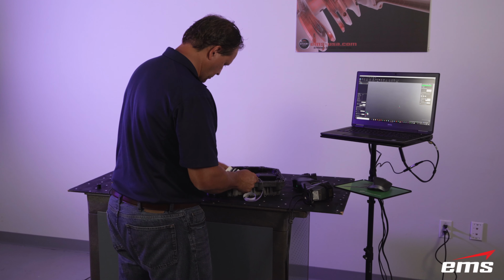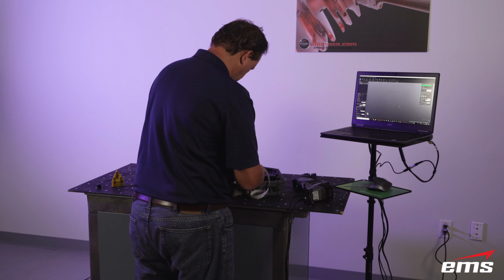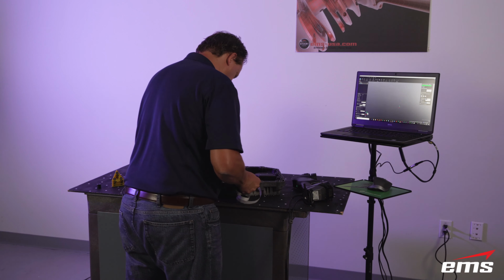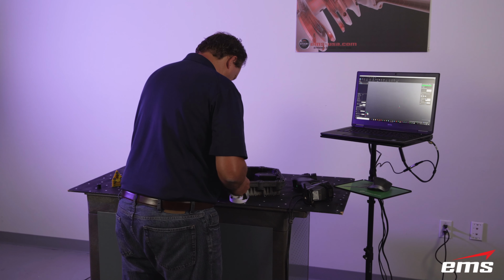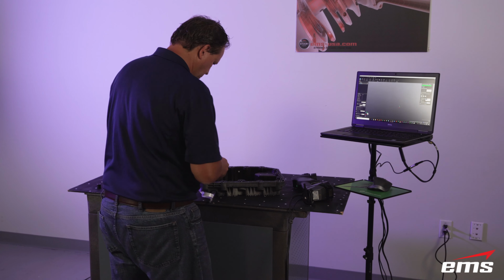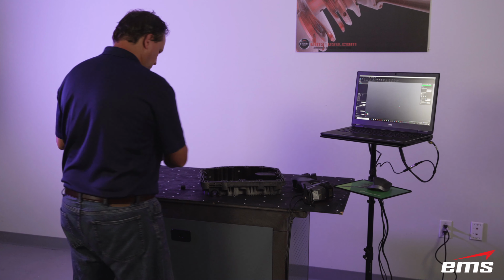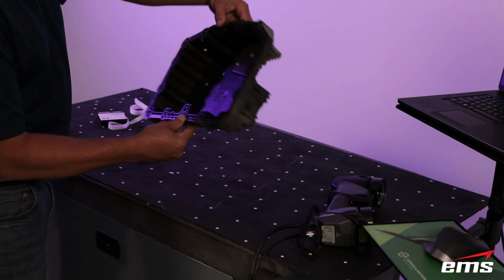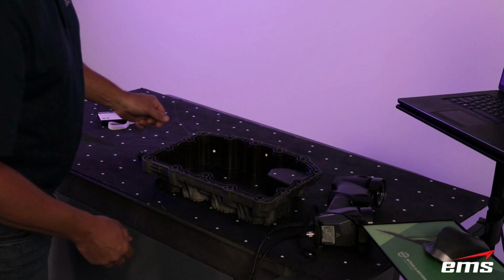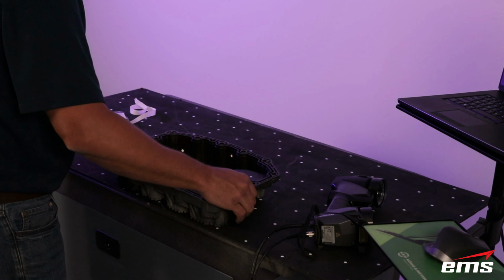And the idea is just to place them randomly. If, theoretically, they were evenly spaced, the scanner would get confused. What the targets are for is just positioning of the scanner. It has nothing to do with accuracy. More targets don't make it more accurate. It's just so the scanner can position itself in real time as it moves around. Now, some scanners don't use targets, but you'll find they tend to work slower and they're not as accurate because they're trying to align to the geometry, and you start to get what's called slippage. You don't get good alignments and you lose accuracy. So you can see just a handful of targets on each side of this part,